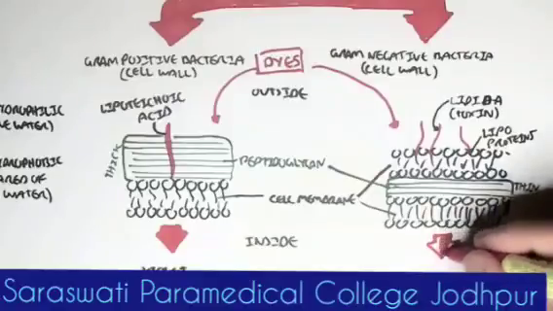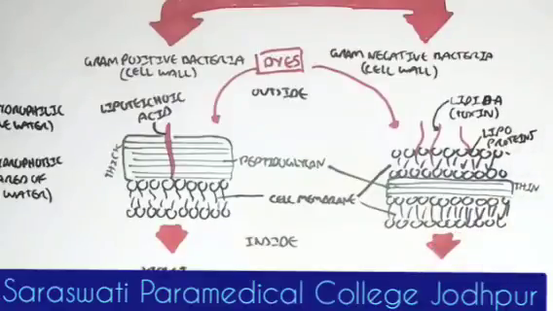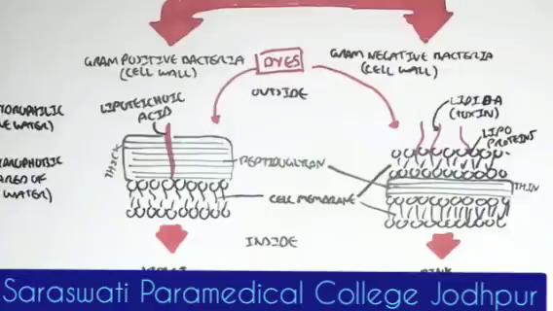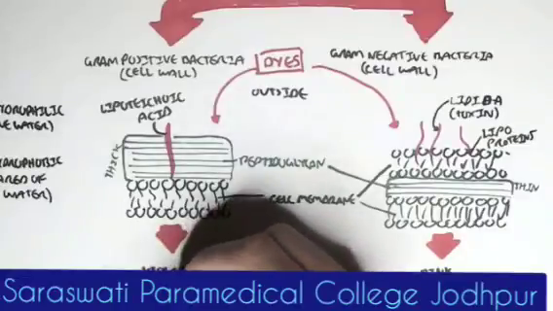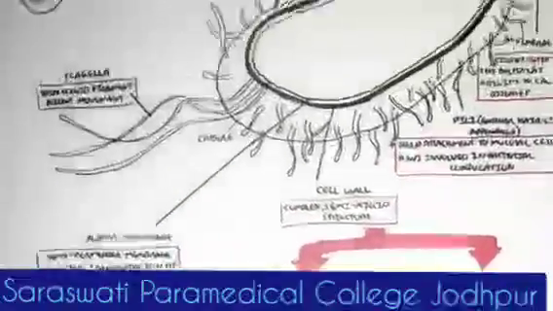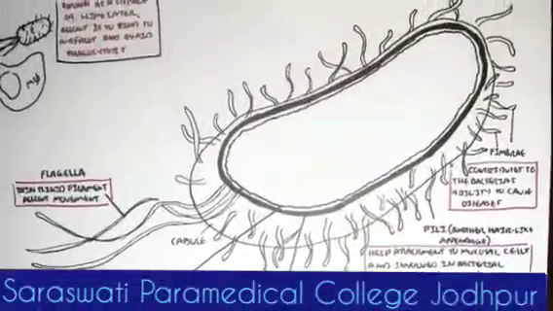And so this is how we classify the bacteria. If it has a purple color after being dyed, it's a gram-positive. If it has a pinkish color after being dyed, it's a gram-negative. Hope this makes sense. So now that we know about the layers the bacteria has, let's look at the